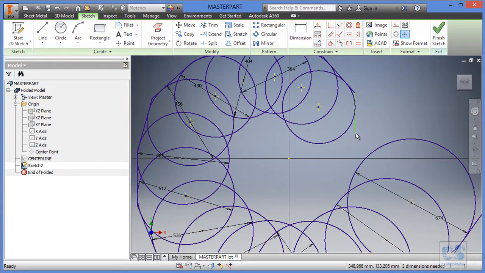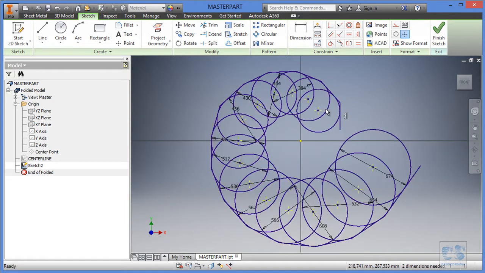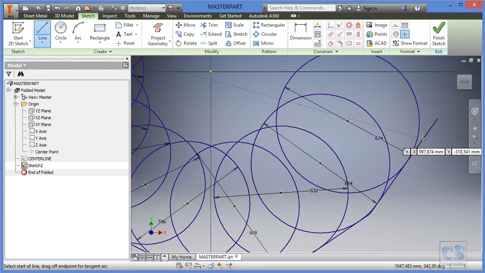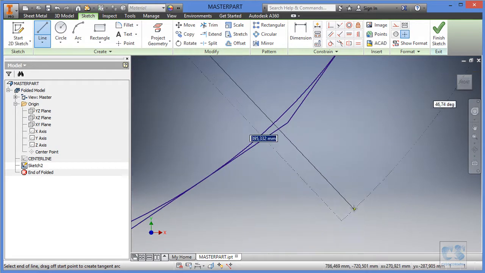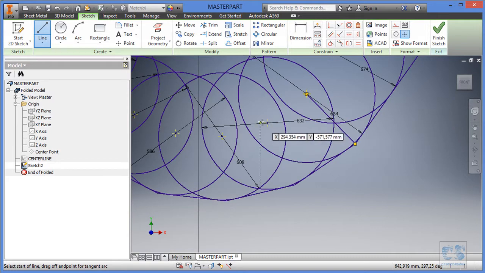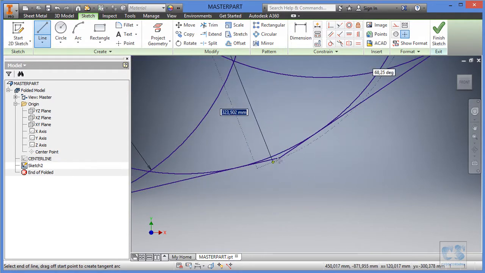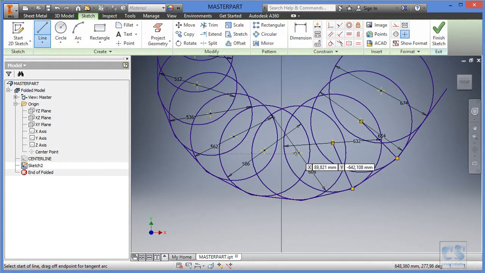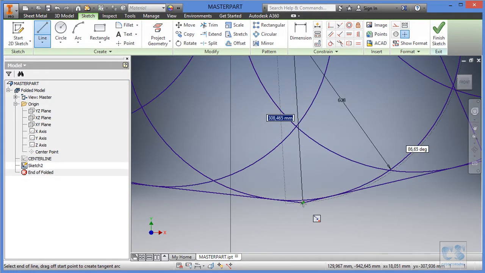You see, we have only one tangency for this line. We will add a second one later. Okay, now that we have this, we will define where it is possible the location of the cross-section sketches plane. So we'll use the line tool again, and we'll start from this one to the intersection point between these two. The next one will be from this point to this one, again this to this,